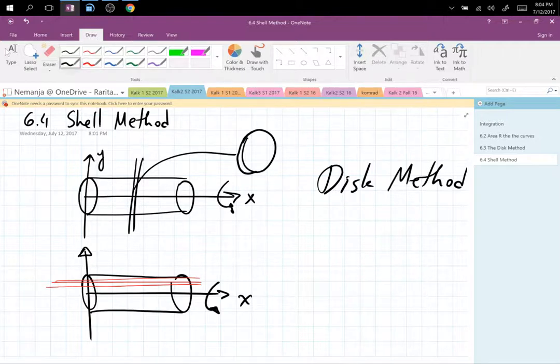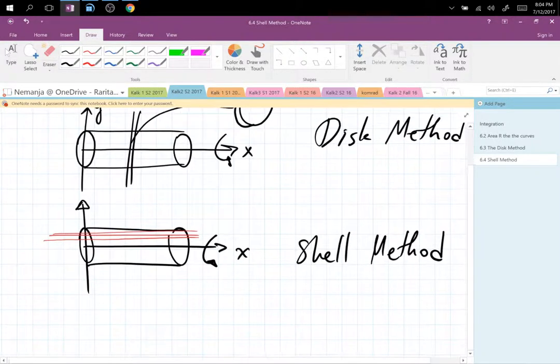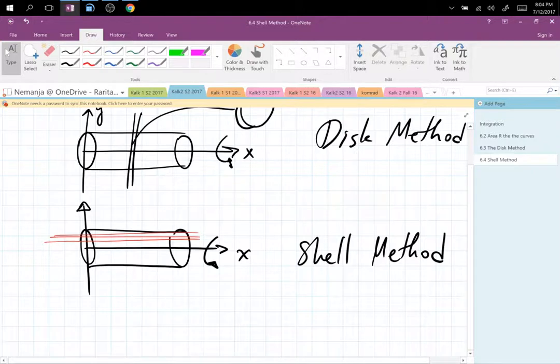So the shell method cuts 90 degrees to what the disk method used to cut. It's called the shell method because we are getting shells in shape. So